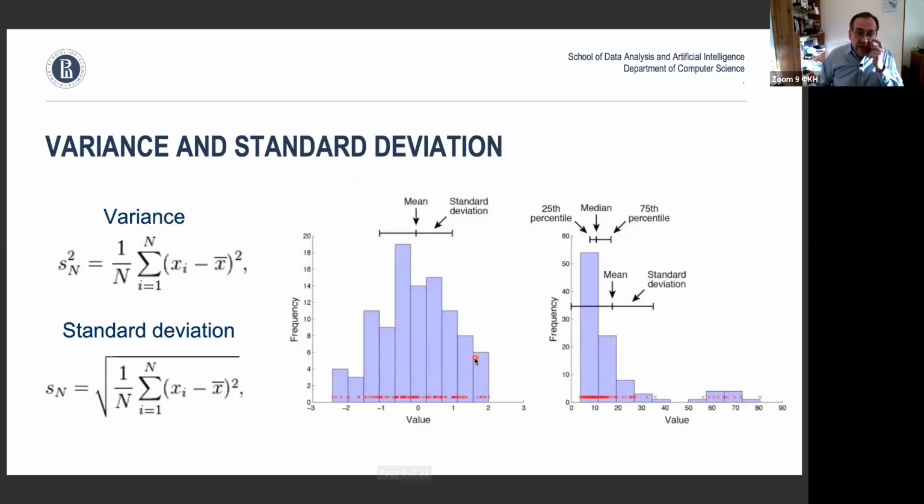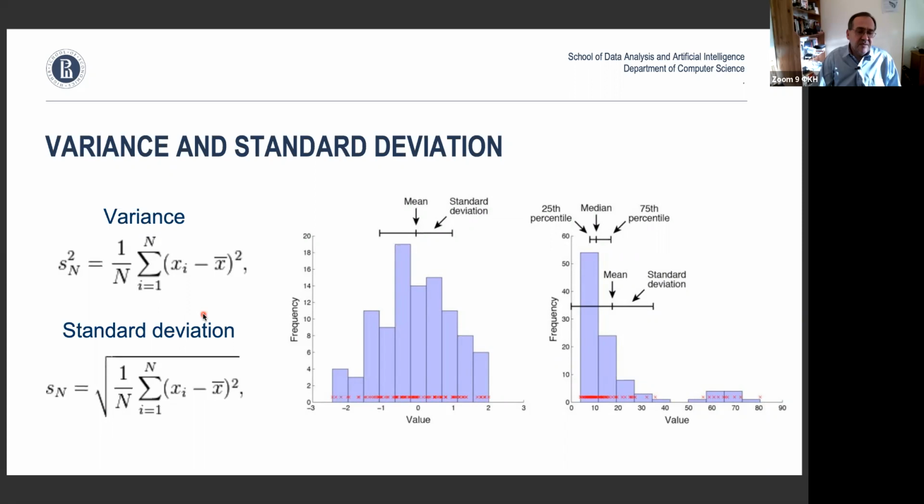All right. Next, variance and standard deviation. People talk about mean and variance for the data sets, and that's a perfect metric when you have a nice and symmetric data set. When it is not symmetric, it has less importance, but it's still good to compute. So variance is defined as the sum of the differences between all points and the mean value, normalized. And standard deviation is just the square root of it, right? When people talk about mean and variance, that's what they talk about.